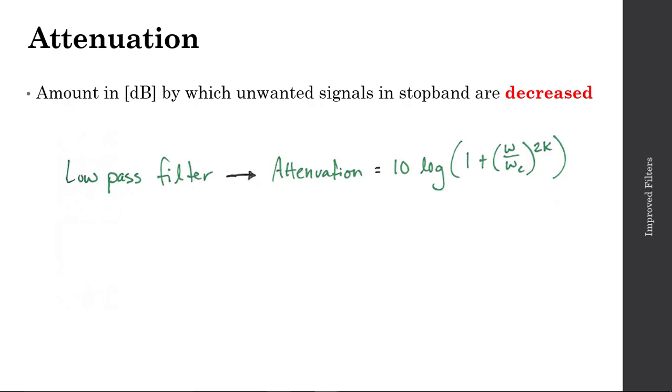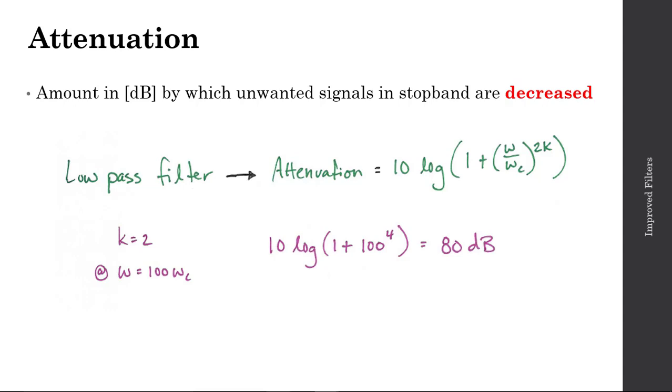So that'll be 1 plus quantity omega over omega c, all raised to the 2k power. As an example, consider a second-order filter, so k will be equal to 2, and let's consider an input frequency equal to 100 times our cutoff frequency. If I plug in, I'll find my attenuation is equal to 10 log base 10 of 1 plus 100 to the 4th power. So this will be effectively 10 to the 8. So log base 10 of 10 to the 8 will be 8, times 10 will be 80 dB. So this tells me then for a second order filter at 100 times the cutoff frequency, I have 80 dB